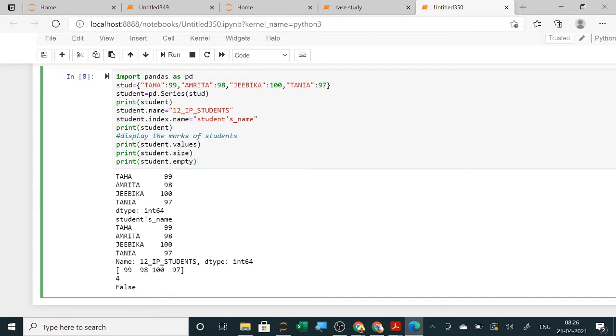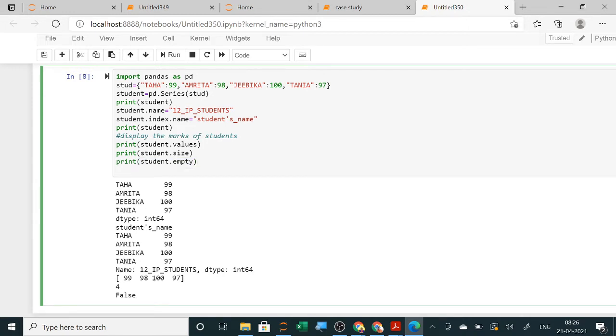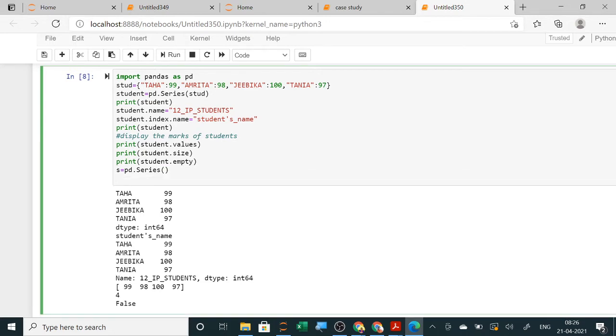And if it is empty, suppose I have created an empty series: S equals pd dot Series, and how to create an empty series? Only using parenthesis. So it is an empty series. Now if I write print S dot empty, it will show true.